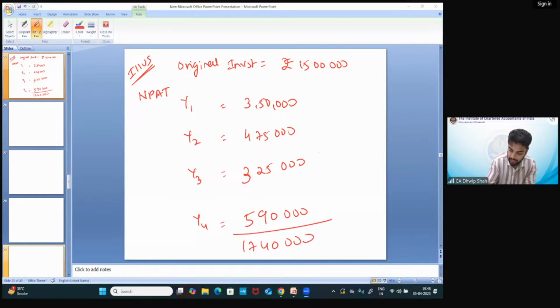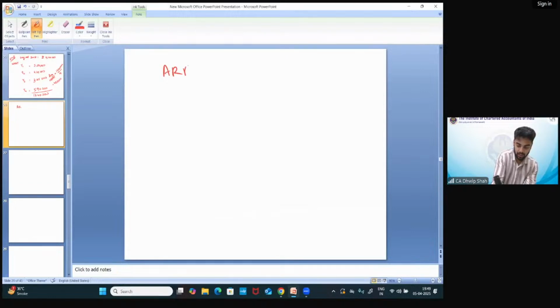Correct? So my average NPAT would be how much? 17 lakh 40 is my total net profit for all the years. So average would be 1740 divided by 4. So on an average, my project has earned net profit after tax of rupees 4,35,000 per year. Okay? So my ARR would be ARR is equal to 435 divided by original investment of 15